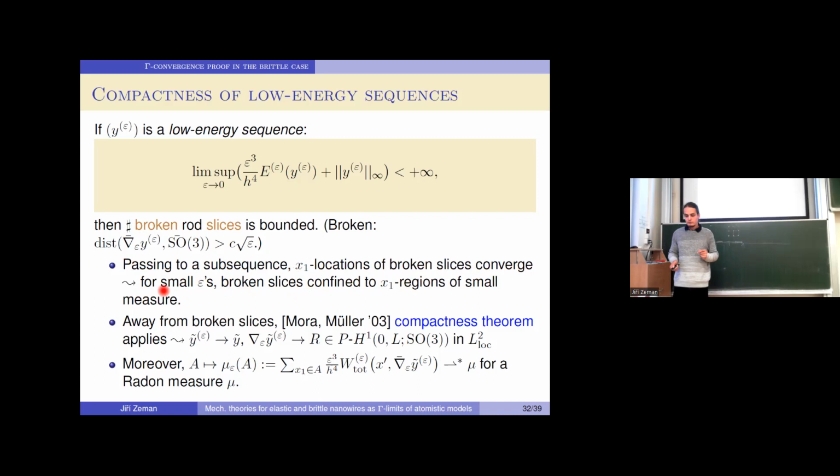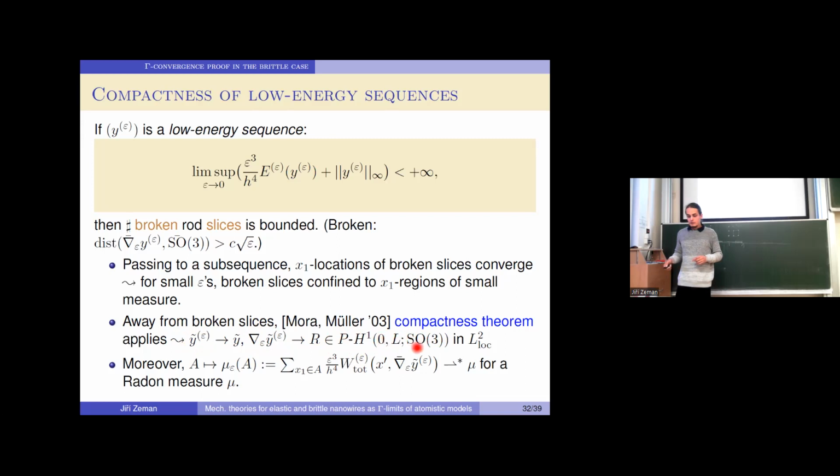We can assume without loss of generality that there is always the same number of cracks, and also these broken slices are confined to some regions of small measure, and they don't bother us if epsilon is sufficiently small. Then we have some safety distance to broken slices. So on the elastic portions, we can use the compactness theorem of Mora and Müller in the purely continuum setting with only minor modifications. And we obtain a sequence of mappings R epsilon that converge to some